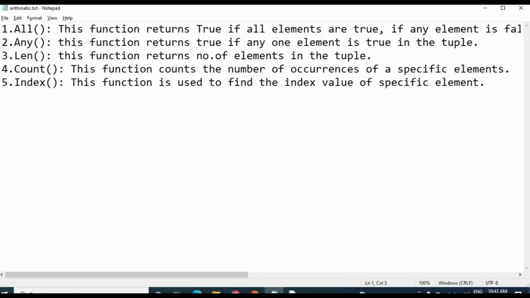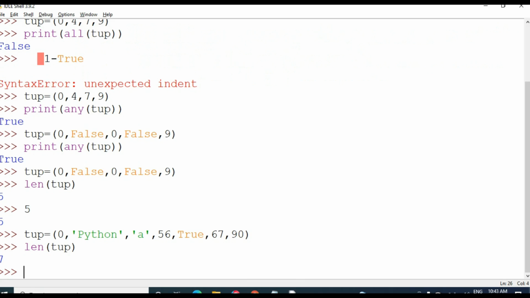Then the next one is count. This function is used to count the number of occurrences of a specific element, that is, how many times a particular element is repeated in the tuple. For example, I am taking this tuple.